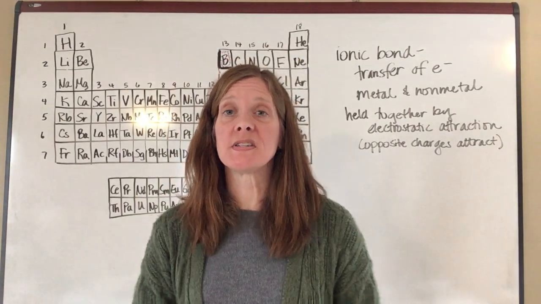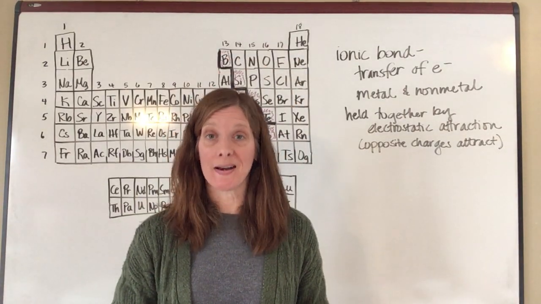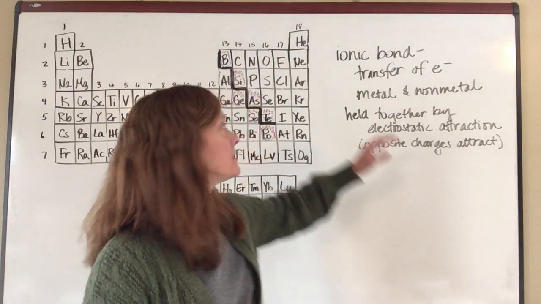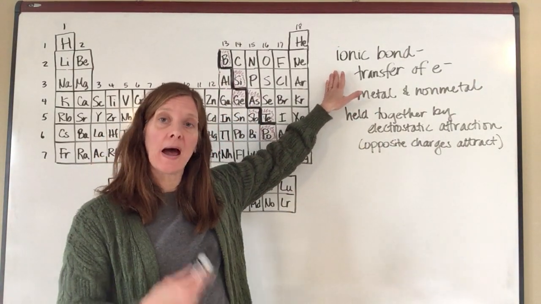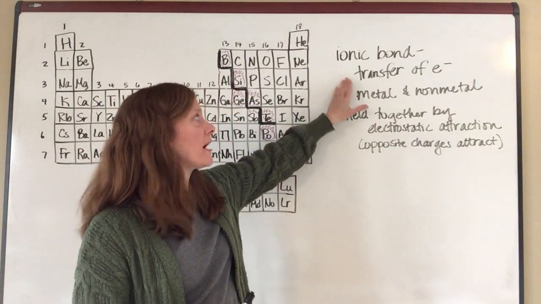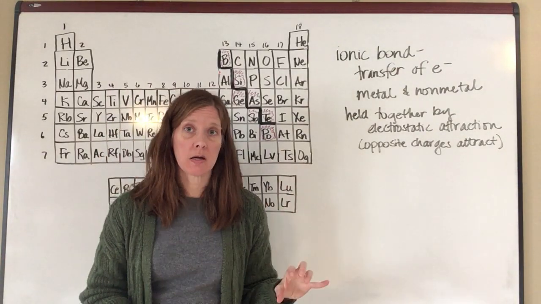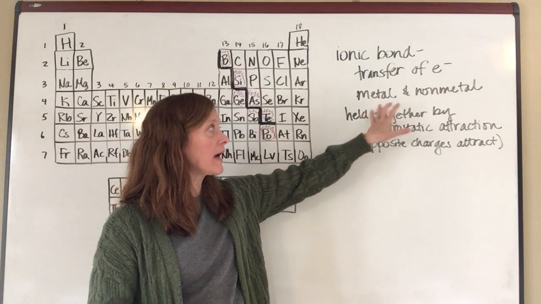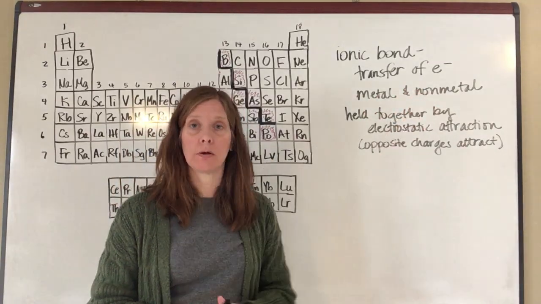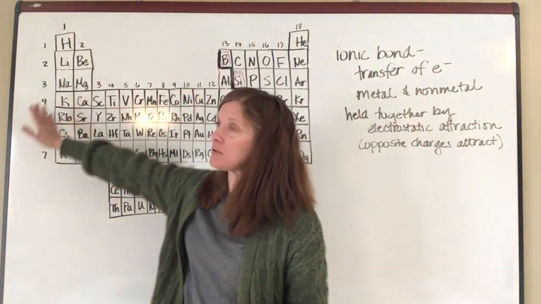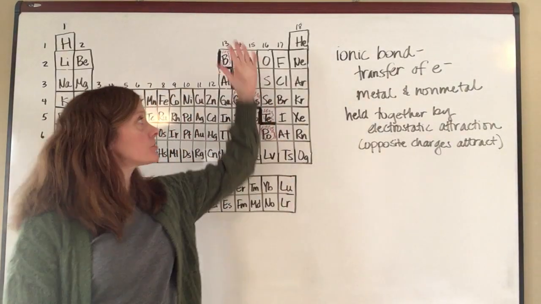All right, today we're going to delve a little bit into ionic bonding. Ionic bonding is a way for atoms to satisfy the octet rule by transferring electrons to each other. Ionic bonds usually happen between a metal and a non-metal. And remember that metals are on this side of the periodic table and non-metals are on this side of